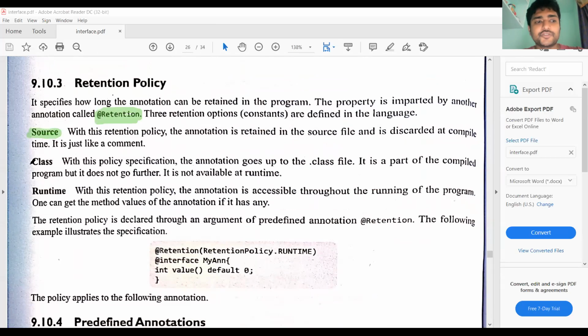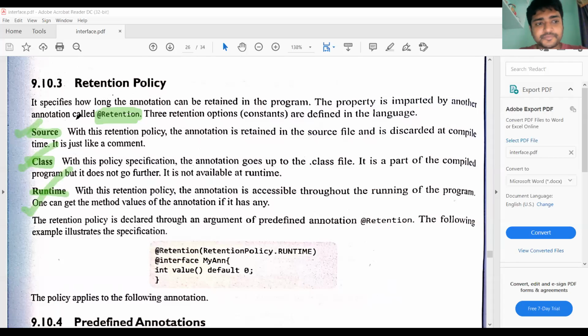We have 3 types of retention policies. The first one is source retention policy, then class retention policy, then runtime retention policy.